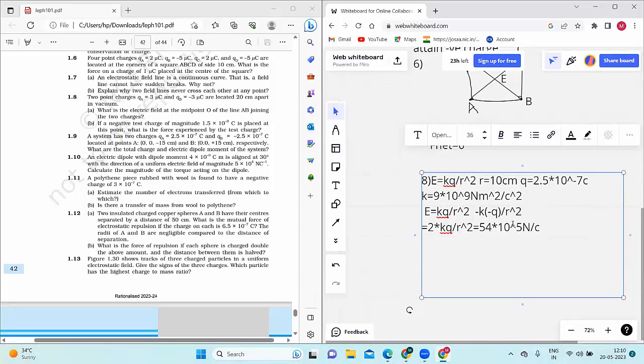54.54 into 10 power 5 Newton per Coulomb. This is part A, and part B: if a negative test charge of magnitude 1.5 into 10 power minus 9 coulomb is placed at this point, what is the force experienced by the test charge? We found the electric field as